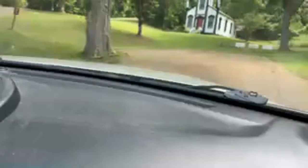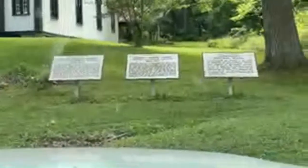So here's our first stop. Wow. Here it is. Oh, it's a church. Confederate Memorial Chapel. That's a nice looking chapel up there. We'll zoom into the signs. Oh, can we read the signs? Nope, not really. It was donated to the state of Mississippi by the Rodney Foundation, so it was moved to this site in 1985. Wait, let me zoom in onto this one so that we can...